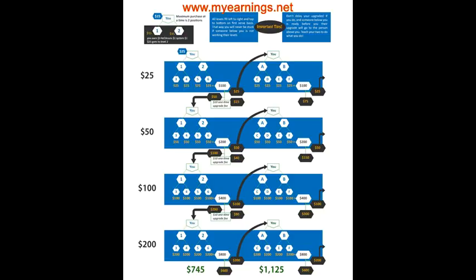So as you cycle each time out of these matrices, you're going to generate $1,125 net profit for one time out of each cycle. Obviously, each one of these cycles are going to be happening at different speeds, especially the $25 matrix. So you can have a week like this: 25, 25, 100, 50, 200, 25, 25, 50, 100, 200, 200, that kind of thing. All right? And you'll get notified each time someone lands on your second level, and also when you